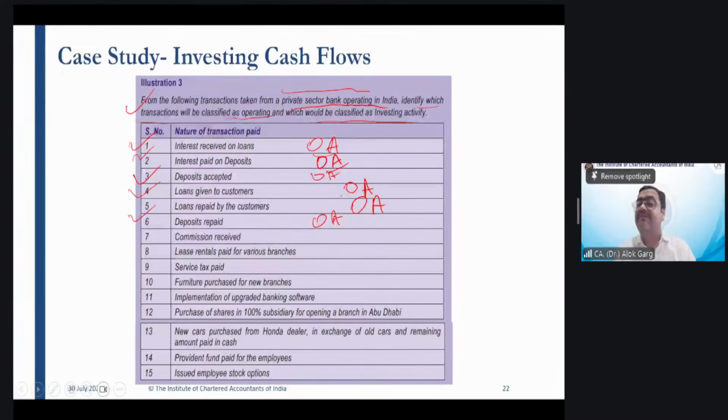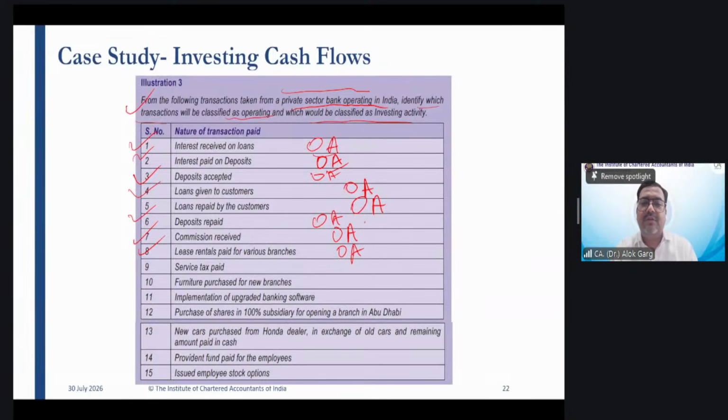Commission received. Locker charges, commission received. Operating activity. Forex commission received. Operating activity. Lease rental paid for various branches. Operating activity. Tell me, if this would not have been the bank,